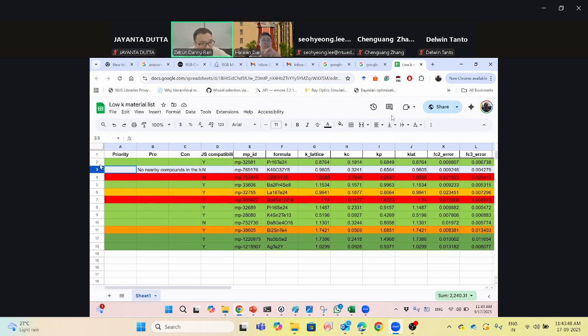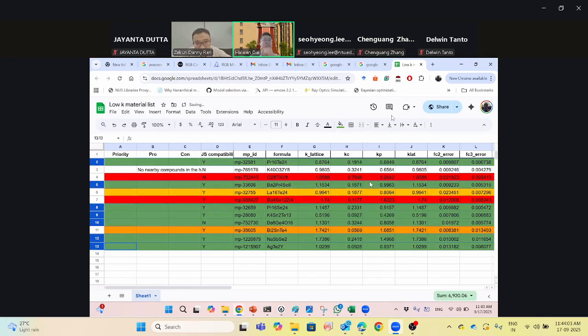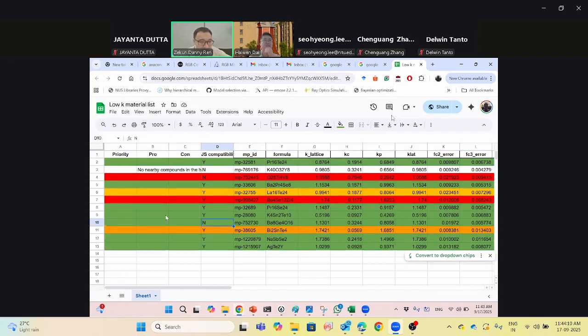Yeah, makes sense. And for the marking, there was one question. Because there are so many compounds, should each of us give a marking, or how does it happen? In this case, I would say if everyone agrees upon the marking criteria, we can just have one combined marking, yeah, a combined one.